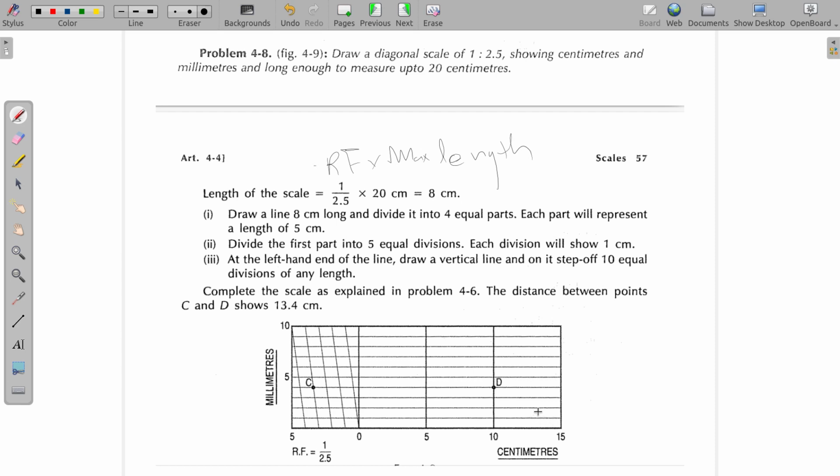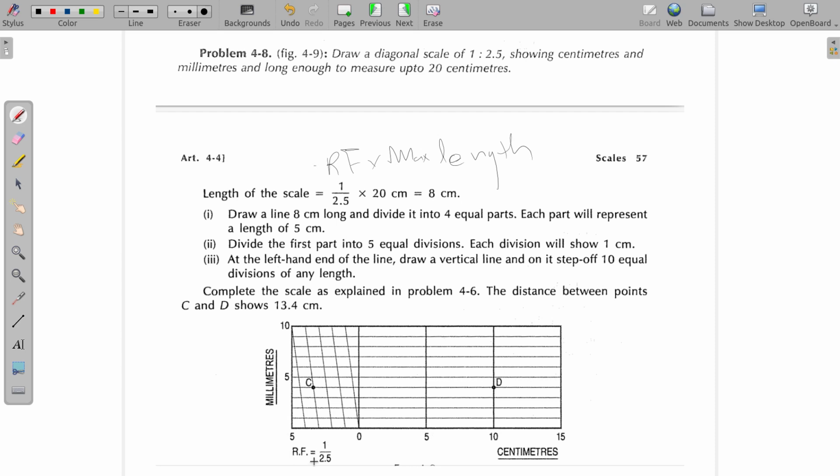and so you can divide it. You can actually use your logic and divide it into how many parts you like. Here they have divided into 4 parts first. If you would like, you can also divide into 8 parts, that is also possible. So you have the freedom to choose how many divisions you want to make, but that should be suitable for a division using a diagonal scale. In this particular example they have first divided the total length into 4 parts, so it should measure up to 20 centimeters. So if you divide 20 into 4 parts, each of these parts measures 5 centimeters,